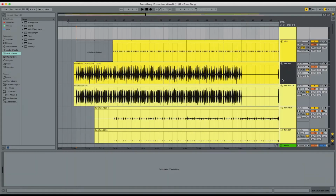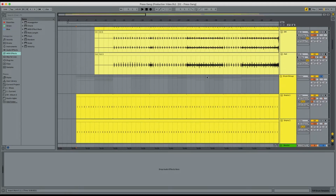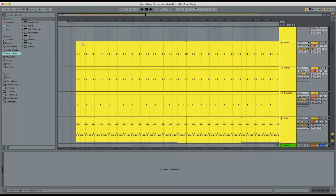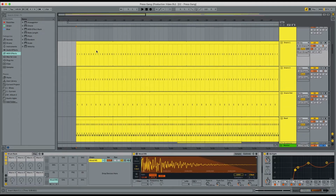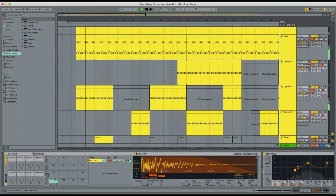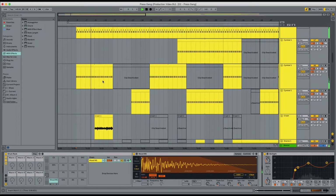So I'll dig in and show you some of the layers that we've got, and some of the samples and how it all comes together. Right, so let's start off with the electronic drums that you hear at the very start of the track. It's quite synthetic, quite electronic, with really simple layers, and this is an acoustic crash cymbal,